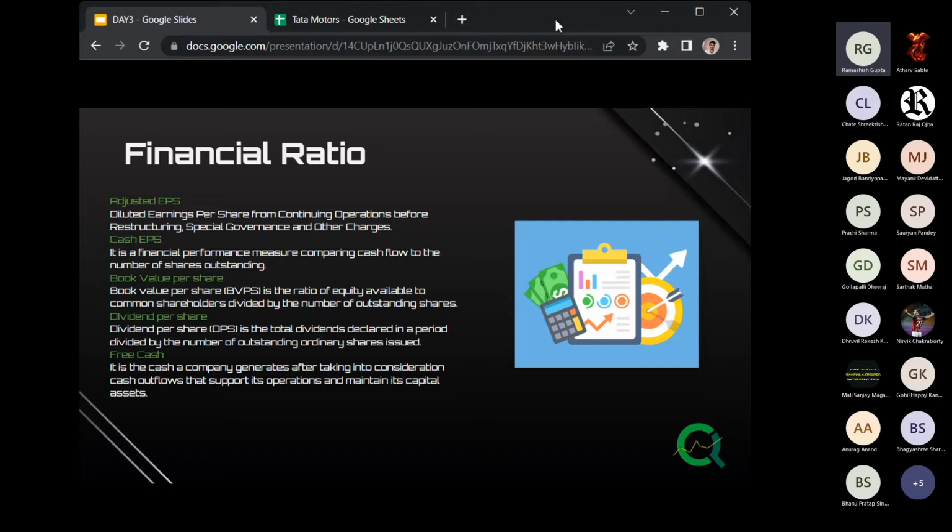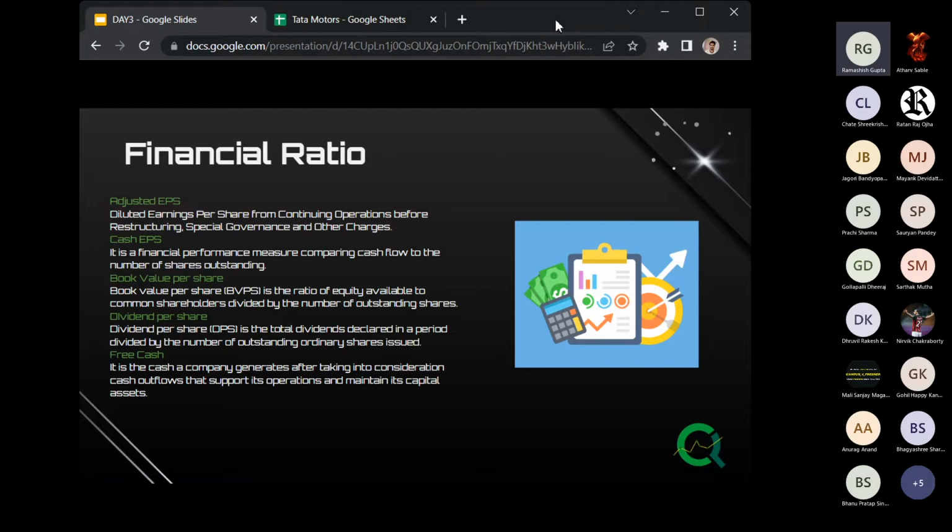Next is book value per share. We will look into its formula, and that is pretty straightforward. It is basically the minimum value of the company that can be speculated from the balance sheet and financial report. What book value per share tells us is that suppose there is a company whose book value is 500 rupees, and for some reason its stock is moving at 400 rupees, then it is undervalued. And if other indicators give a good sign, we can just buy that stock.